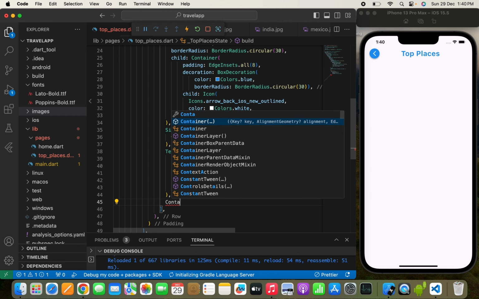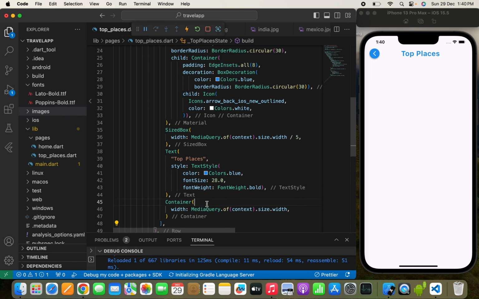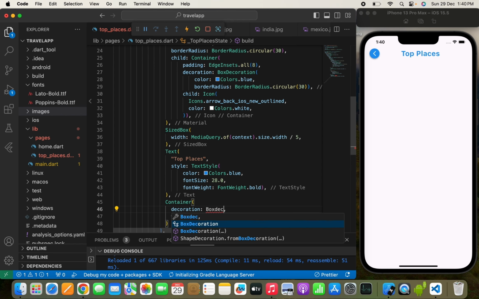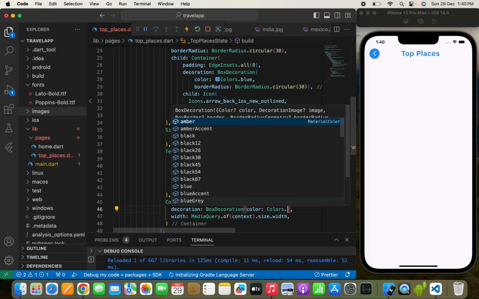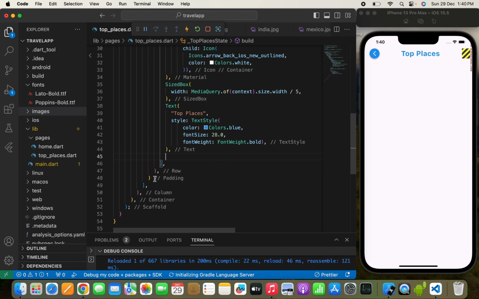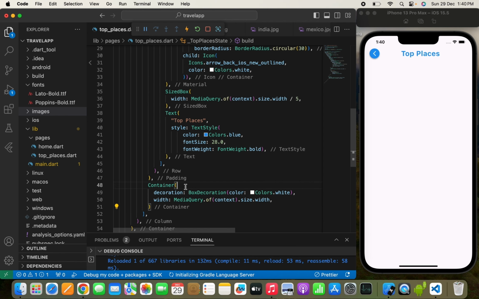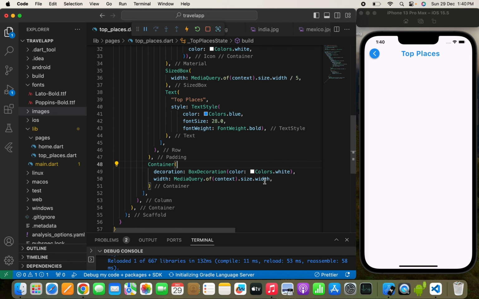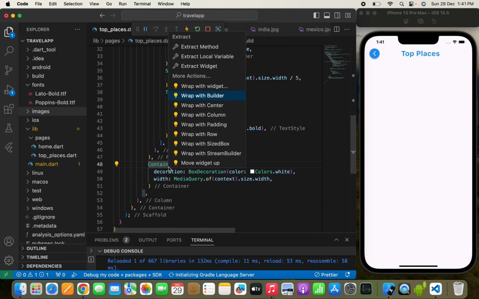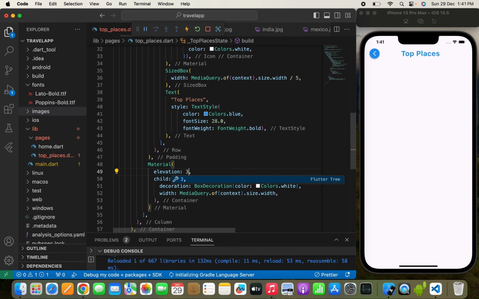Now here I'm going to simply create a Container with MediaQuery.of(context).size.width, and here I'm going to simply pass a decoration, a BoxDecoration, and here I need to simply pass the color, which will be Colors.white. Yeah, now I think we have written this inside a Container widget, so we'll simply paste it outside the Row widget. And here first I'm going to simply show you the container. I hope that it will be visible for you, also for me. So for that I need to simply pass the elevation 3.0,